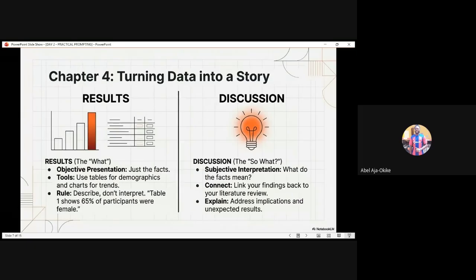This is where, in some cases, if you do something we call hypothesis tests, you would now verify whether your hypothesis is null or alternative. I will explain that tomorrow as well. You'll be able to explain whether it is null or alternative. And then you'll be able to address the implications and the unexpected results. Sometimes, even though you already have an idea of how the results should pan out, most of the time it may not agree with what you planned. Are we together? That's why it's very important that you understand from the scratch that anything can happen.